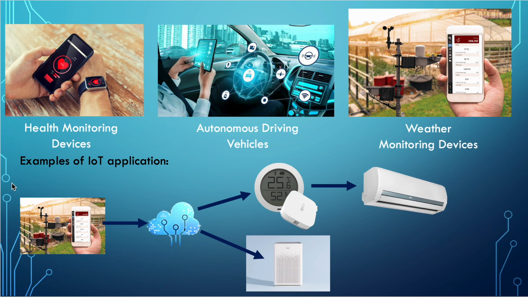So let's look at the first example. The first example we will take from weather monitoring devices, right? Last time we were talking about how weather monitoring devices can be used individually inside farms. And for this example, we are going to look at not all the applications, but a single application, of an IoT weather monitoring device and how that can be used to make